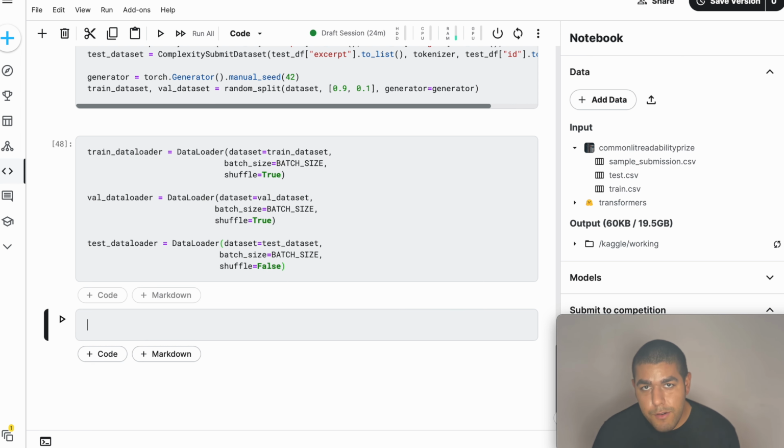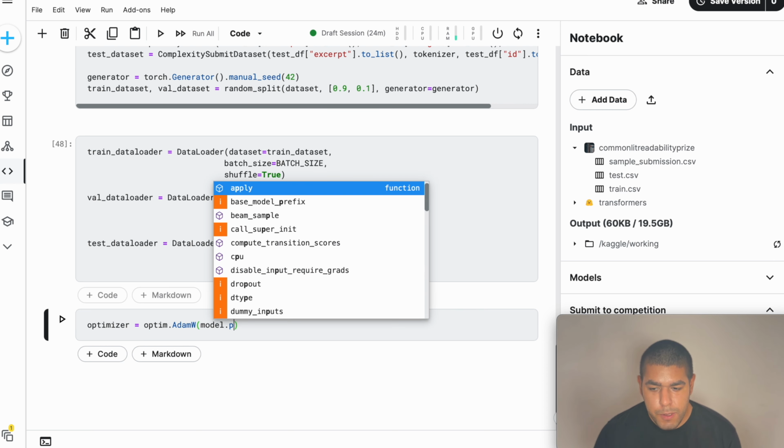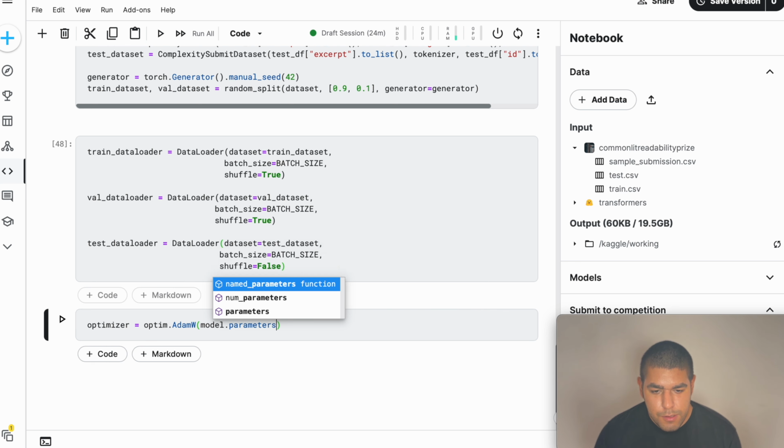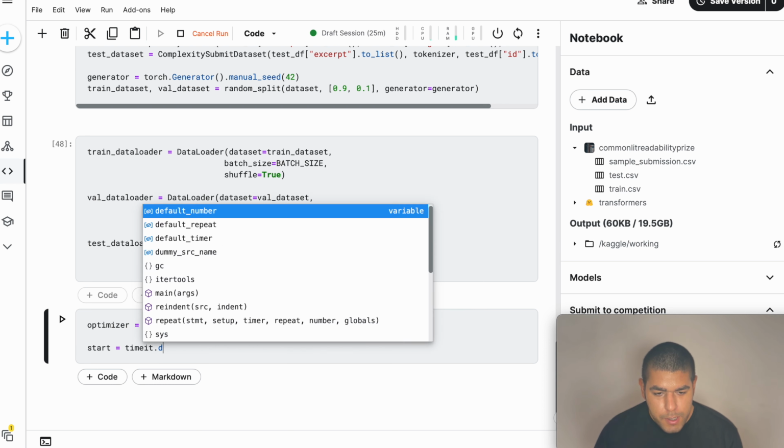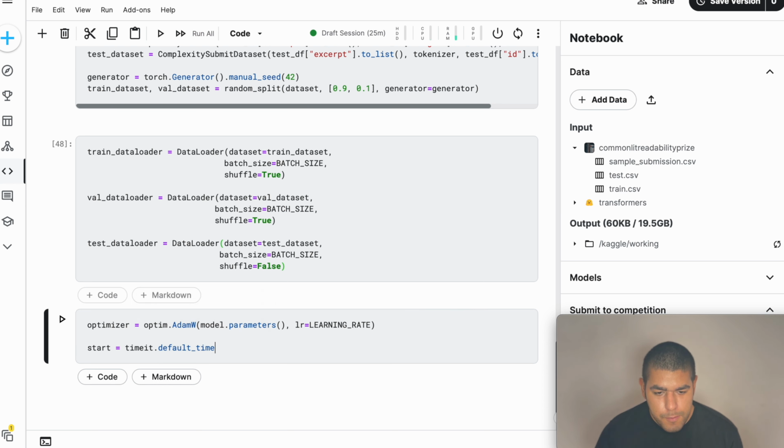We have our data ready, we have our data loaders. We will do the training. For that, let's first create our optimizer. We create it from optim and we will use Adam. As arguments, we will give parameters. We will give learning rate. If you want, we can track the time, I will. We put timeit default timer. We'll start the timer and